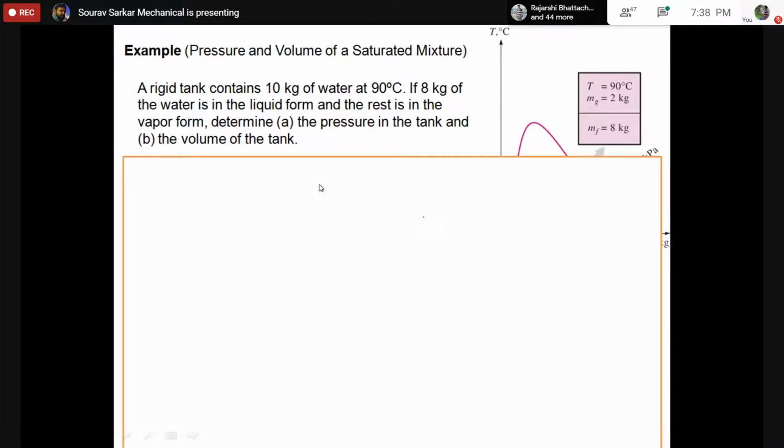Pressure will get affected by x? There is no impact, right? Because temperature determines pressure. So from x equal to 0 to x equal to 1, your pressure will always remain the same. Your temperature will remain the same, and your pressure will also remain the same. Okay, now can we find out the final volume of the tank? Will you try, please?